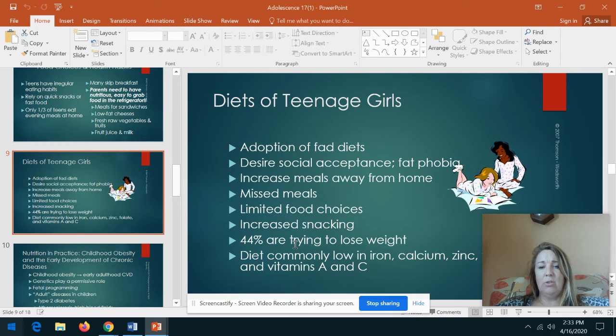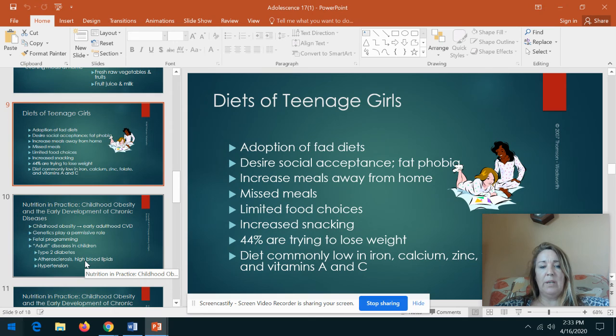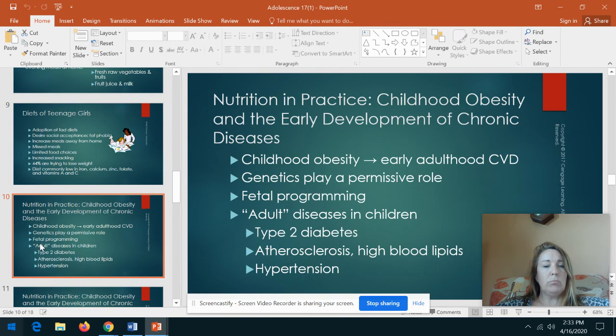44% of adolescent girls are trying to lose weight, but their diets are so low in those vital nutrients. If kids are in a family that has a high incidence of obesity, they're at greater risk for